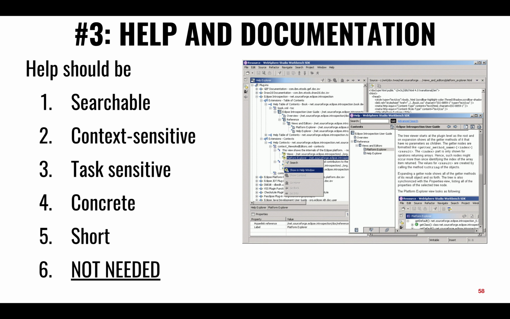The other one is help. Ideally, at the point that you need that help, it's context driven. Depending on where you are, we might suggest certain topics that might help you. Maybe you can search for it, and as you type ahead, the application can provide topics that might be relevant to the task at hand. So it's task sensitive.